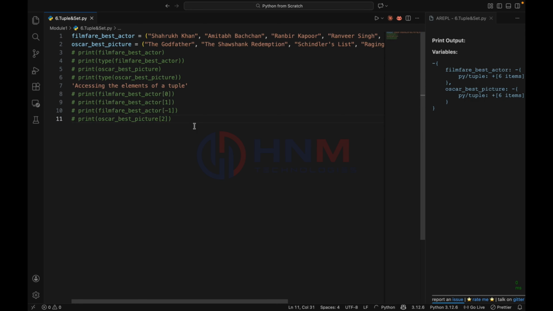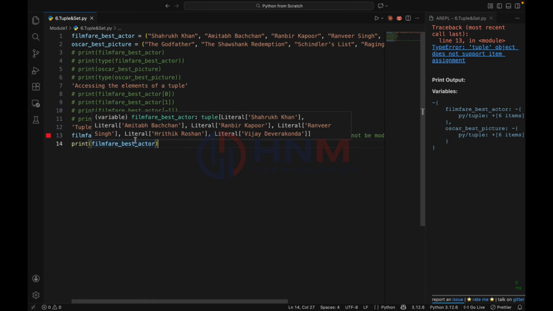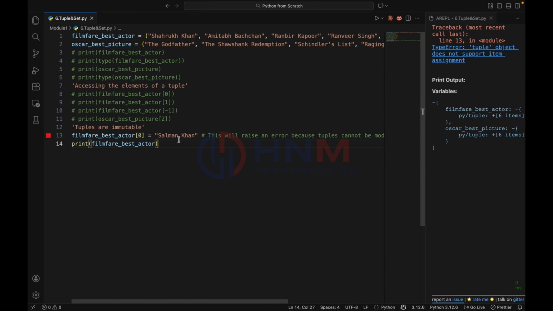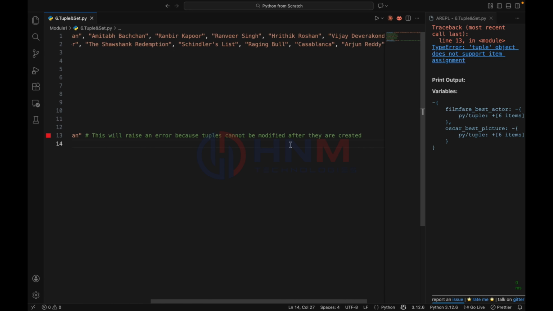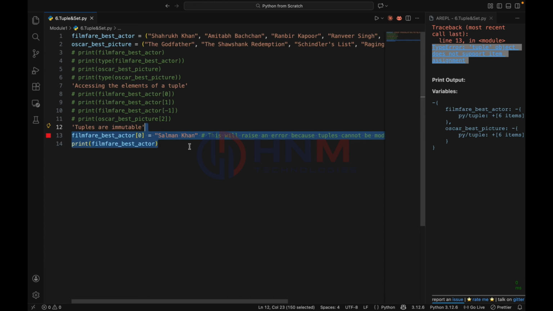I'll set Filmfare best actors at index 0, where Shah Rukh Khan is, to Salman Khan instead. This will raise an error because tuples cannot be modified after creation. You can see: tuple object does not support item assignment. This type of error we get when we try to modify a tuple once created.